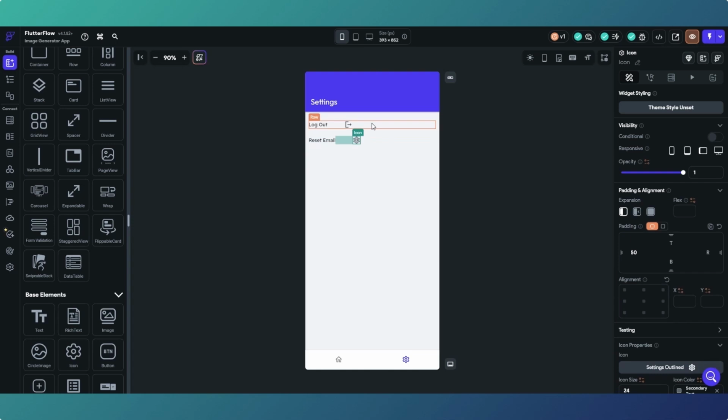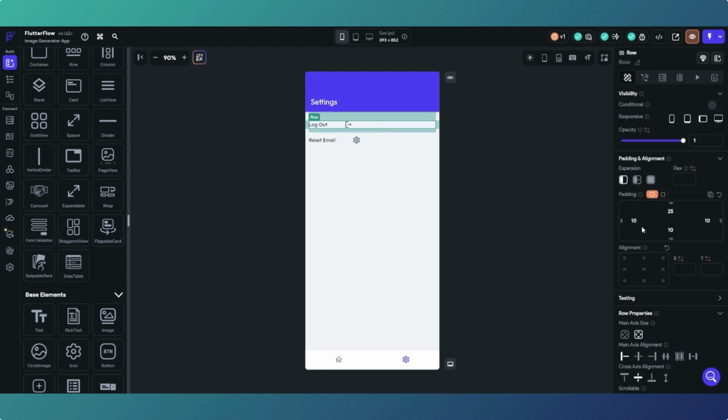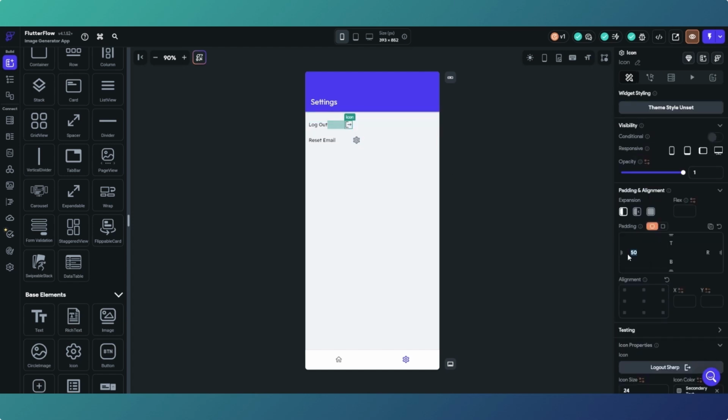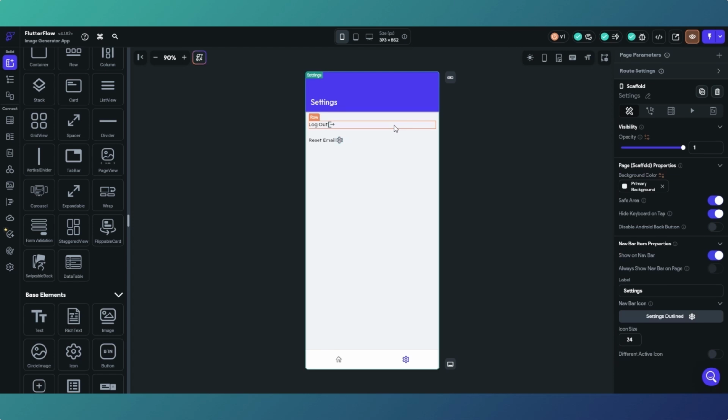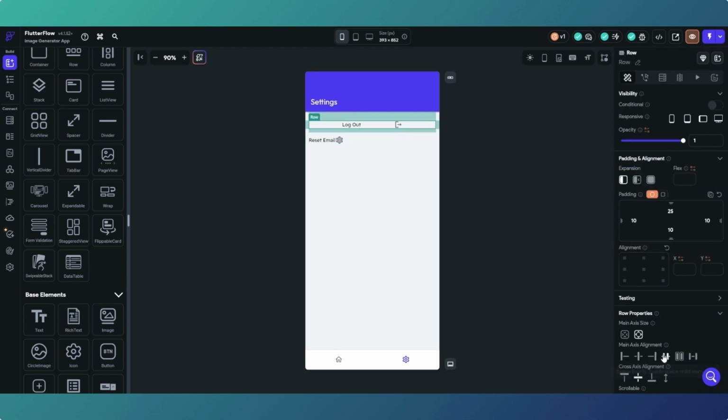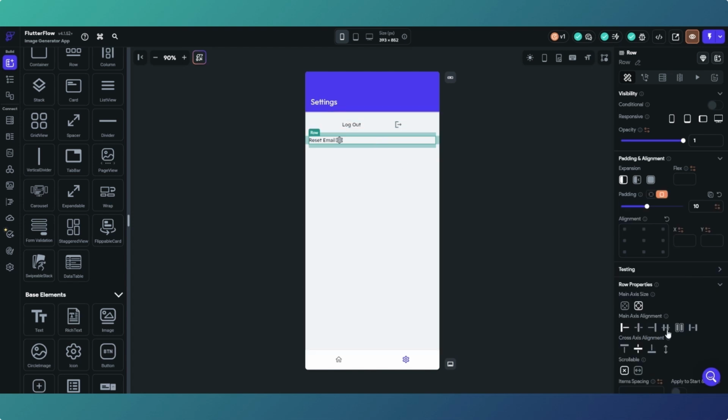I don't like that. Let's remove the padding from there and from there, and then what will look better probably is if we align the icons by